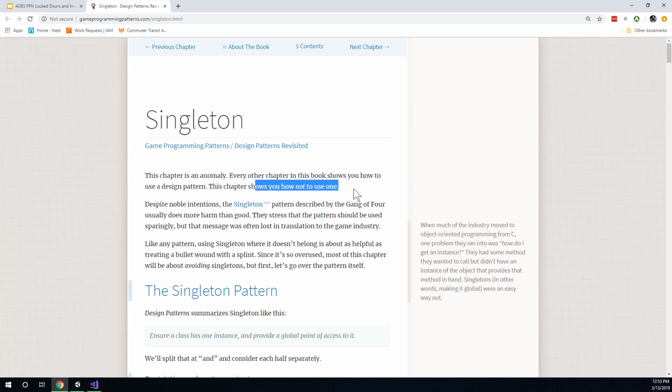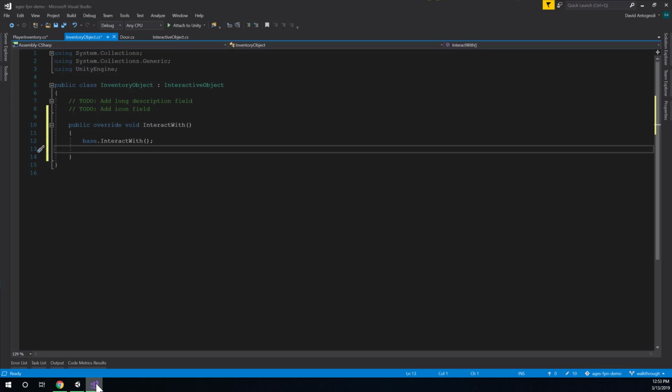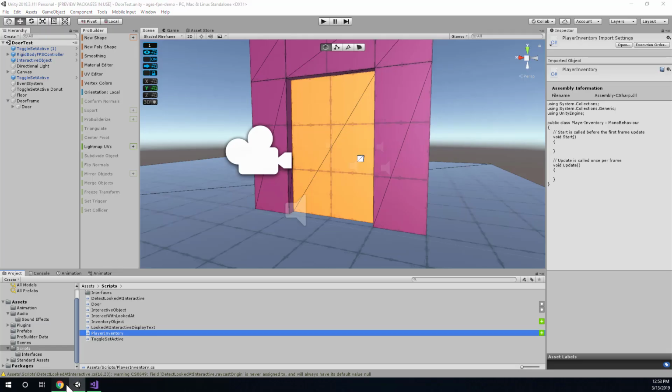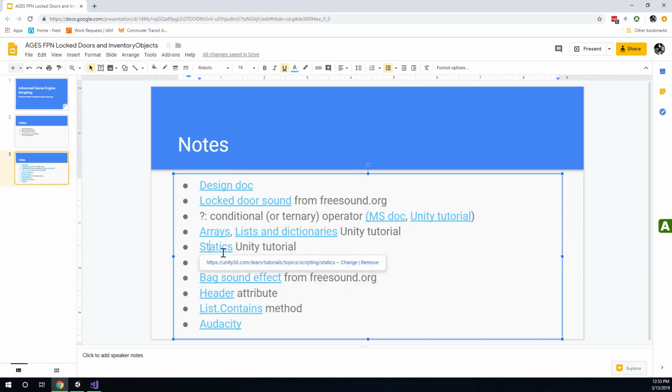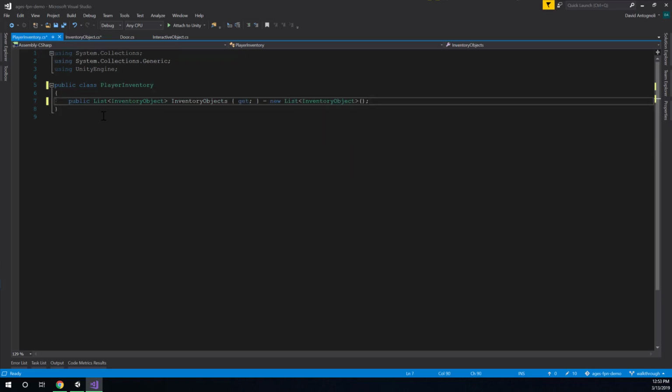So I'm not going to go into it too much, but I'm just going to explain that if you read this article, you'll understand there's a simpler or better way to do what we need to do in this case, and that's going to be using statics. So if you're not familiar with statics, this is a good time to pause and check out the Unity tutorial about statics. But basically, long story short, statics will make it so that there can only ever be a single